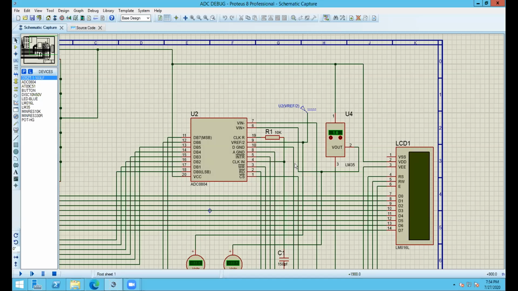Unless this is an auto ranging multimeter, you have to select a range first, and within that range you can measure the voltage. If the measured voltage is beyond that range, it will show overload, or otherwise it will show 0 if it is below that range. So here also we have to tell the ADC that at this point of time we are going to measure this range of analog voltage.